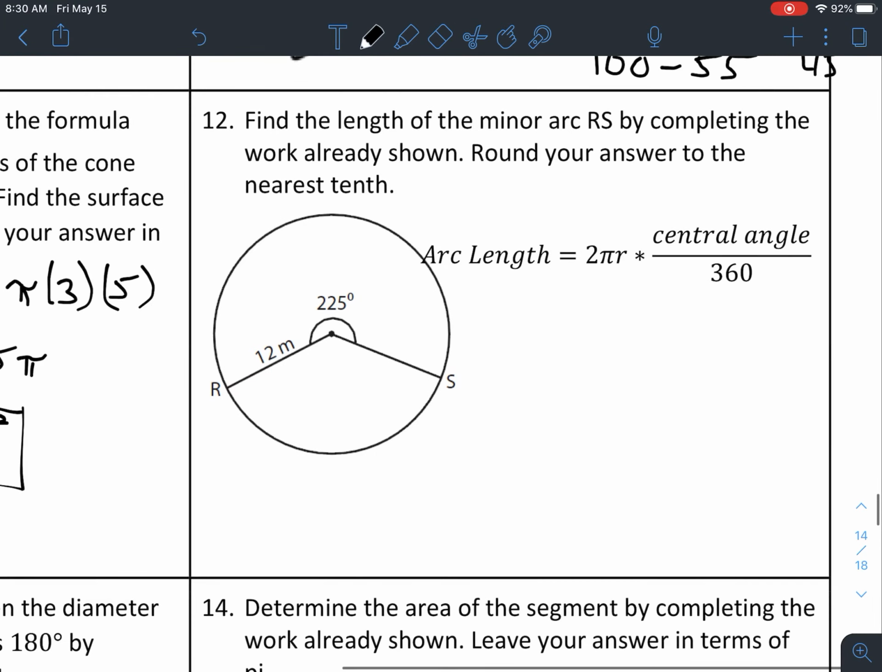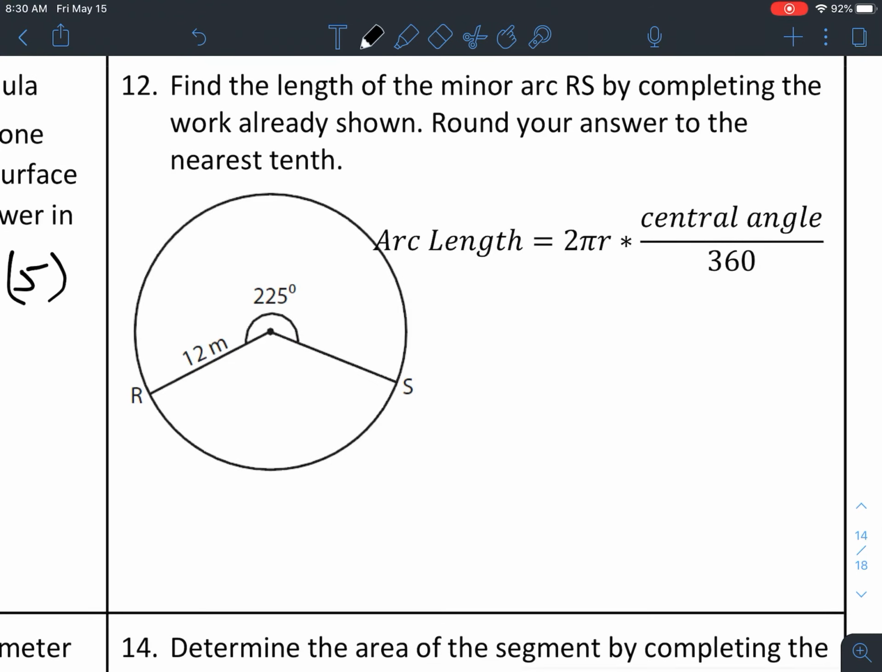Now here, find the length of the minor arc RS by completing the work already shown. Round your answers to the nearest tenth. So arc length is 2 pi r times central angle over 360. So our minor arc is this SR right here, this small part right here. So we're going to do 2 pi, and our radius is 12, because it says it right there, times central angle, which, if we know this whole thing here is 225, and we're trying to find the small inside one here, we can take